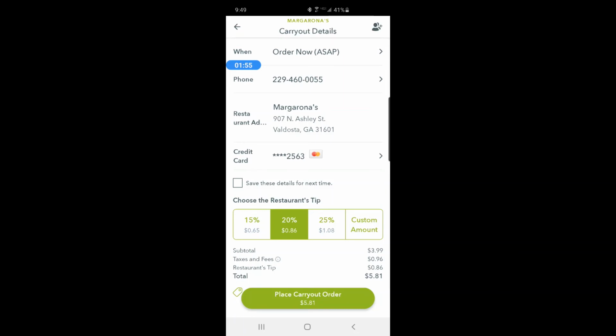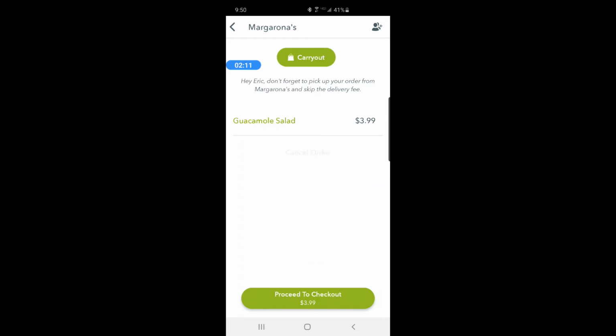And I can set the tip as well as just make sure that my phone number is correct as well as my credit card number and everything. When I'm ready to order, I just click on Place Carryout Order and it'll let me know about when it's going to be ready as well as how to get my food. I'm going to go ahead and back out and click on Cancel Order